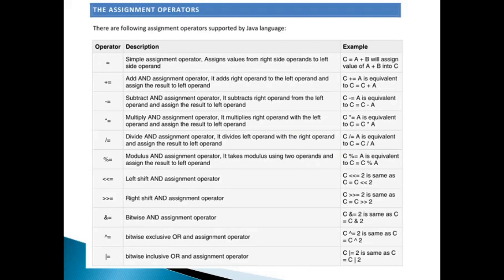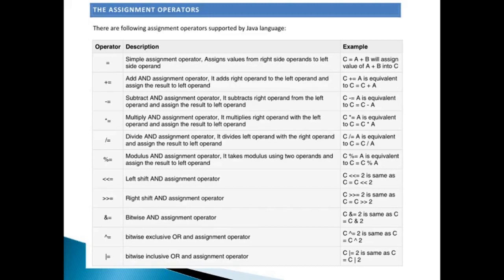Okay. Now what are the assignment operators in Java? The assignment operators are used to assign values, to set values of variables. A simple equal to operator is an assignment operator. If we create a variable of integer data type like int A, and then perform assignment, A equals 4, this is a simple assignment done by the equal to operator. If I want to add some value to it, like A is equal to A plus 2.